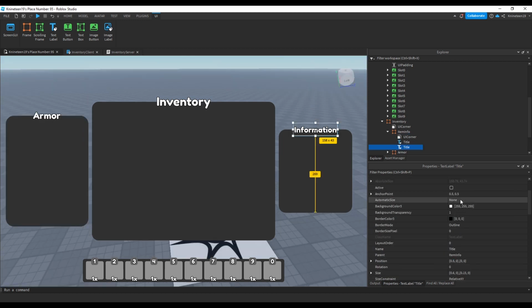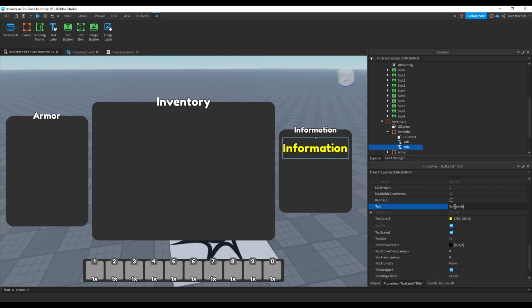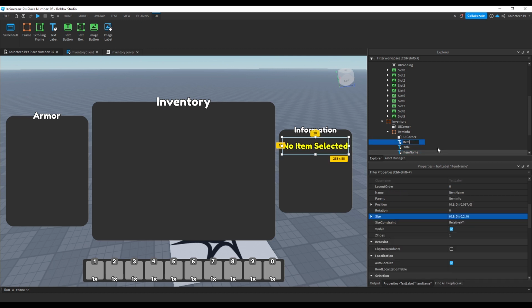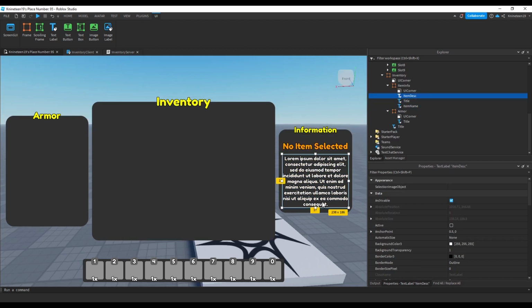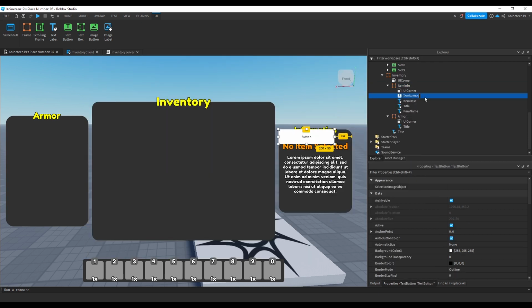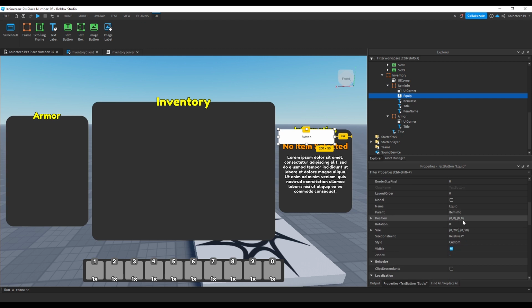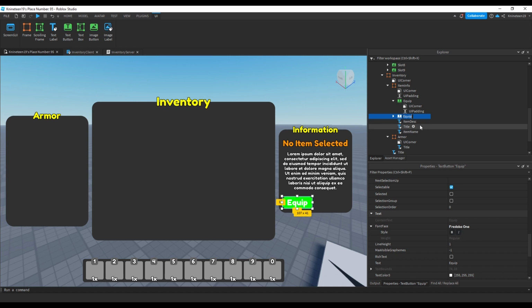Back in the item info frame, we'll copy the title text and shift it around to create the text where we'll put the name of the current selected item, setting the text to No Item Selected for now. We'll then copy that again and move it down to create an item description, changing its text to none other than good old lorem ipsum for the memes. We'll then scoot it up some to make room for a couple buttons we'll add in. We'll make one button called Equip, which will function similar to in the last tutorial to equip items to the hotbar, with the added functionality of equipping armor, and another button called Drop for dropping items on the ground.